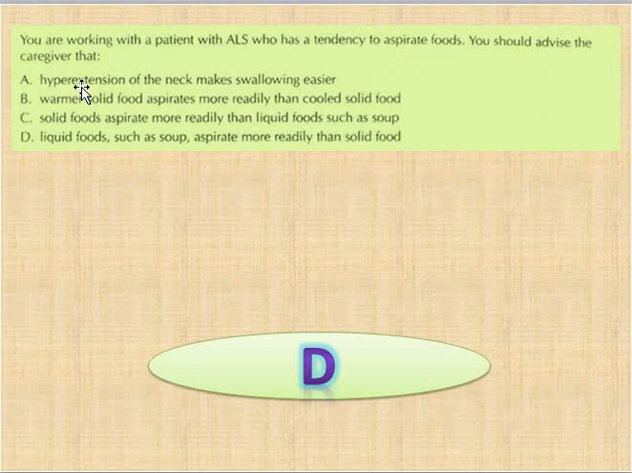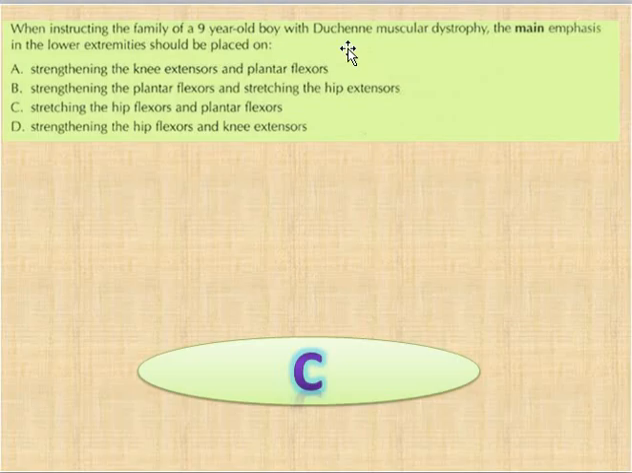You are working with a patient with ALS, amyotrophic lateral sclerosis, who has a tendency to aspirate food. You should advise the caregiver that option A is hyperextension of the neck makes swallowing easier, B warmer solid food aspirates more readily than cooled solid food, C solid food aspirates more readily than liquid food such as soup, and D liquid food such as soup aspirates more readily than solid food. And our correct option is option D. In this case liquid food के aspirate होने के chances ज़्यादा होते हैं।